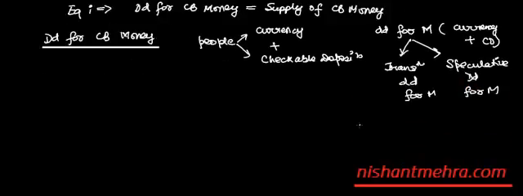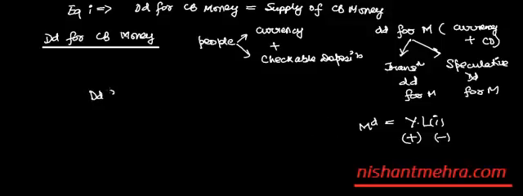That means your money demand function is Y, L, I. That is, it is dependent upon output or income, and it is dependent upon the interest rate. It is positively related with income, and it is negatively related with interest rates. That's what we have seen in our last lecture. Also, demand for currency we'll write as CUD is C into